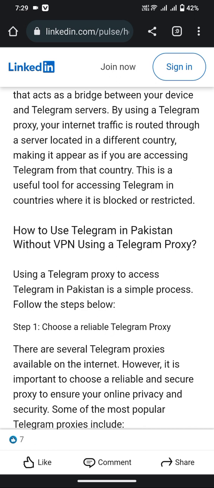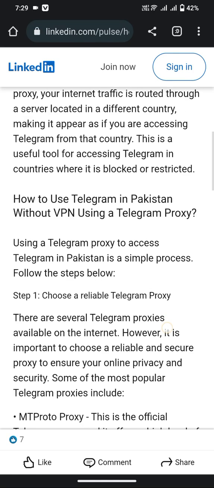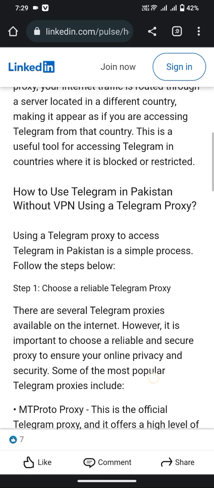There are several Telegram proxies available on the internet. However, it is important to choose a reliable and secure proxy to ensure your online privacy and security. Some of the most popular Telegram proxies include